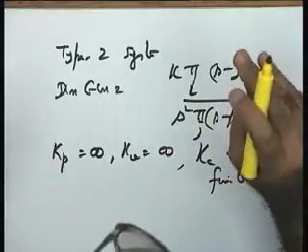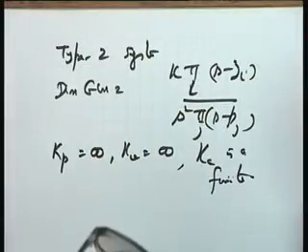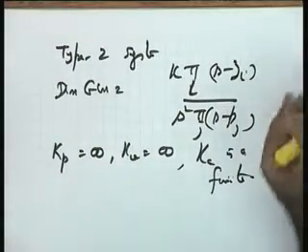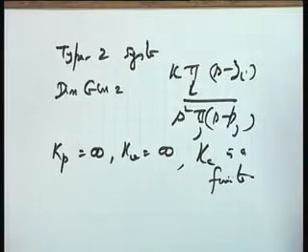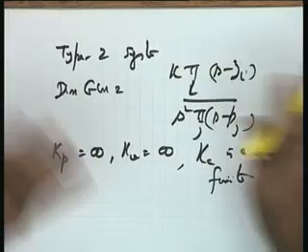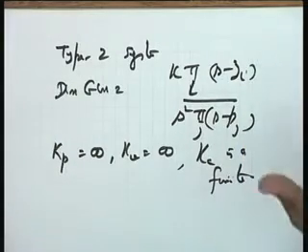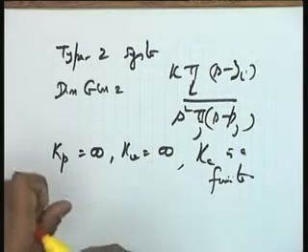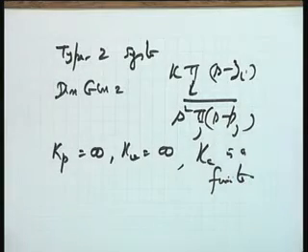But since the derivative control does not affect the steady state error of the system, normally only D control is never used in practice. It is PD control, proportional derivative, proportional integral, proportional integral derivative. These are the combinations we use. Mathematically, yes, on the basis of whatever cancellations you get, your answer will come on that, because you are working on a model. So, by cancellations, whatever answer you get, it is a valid answer, but practically only D control is not used because it does not affect the steady state behavior, and you go for PD type of control in practice where the type number will not be affected. Okay. Any other question please?